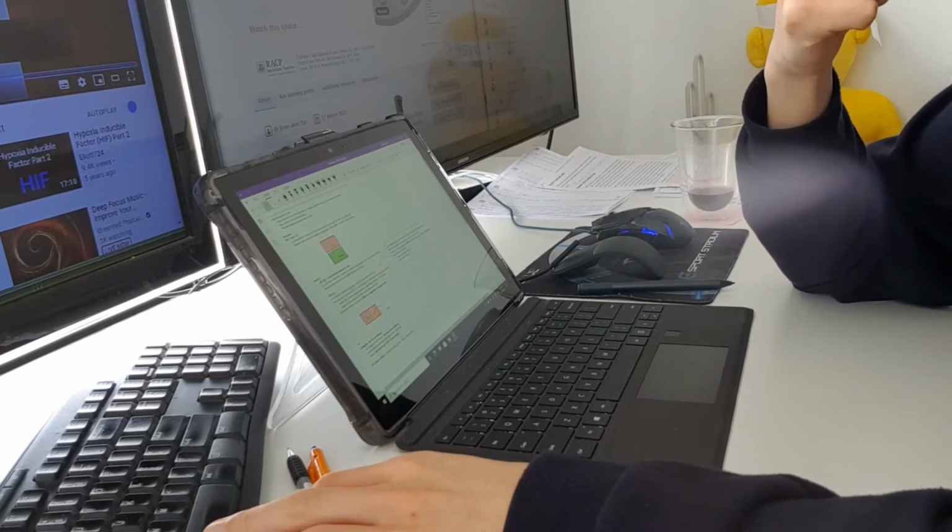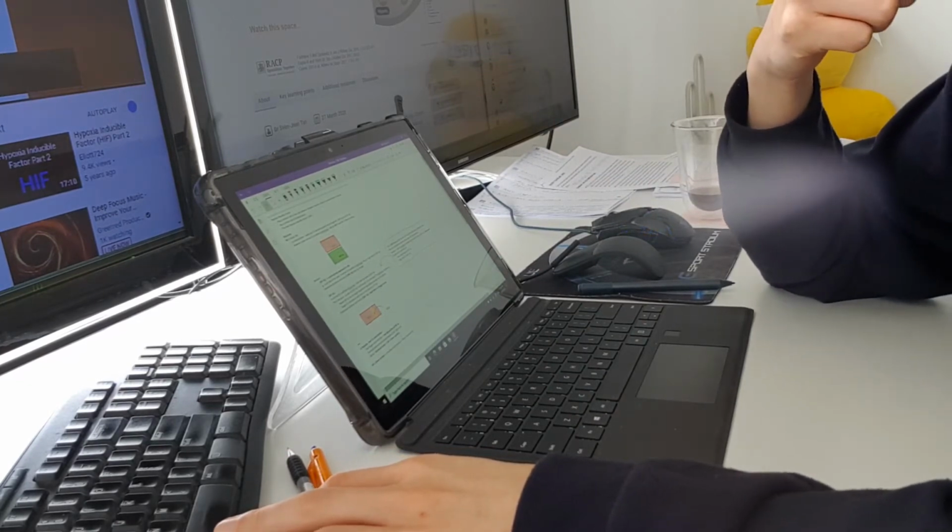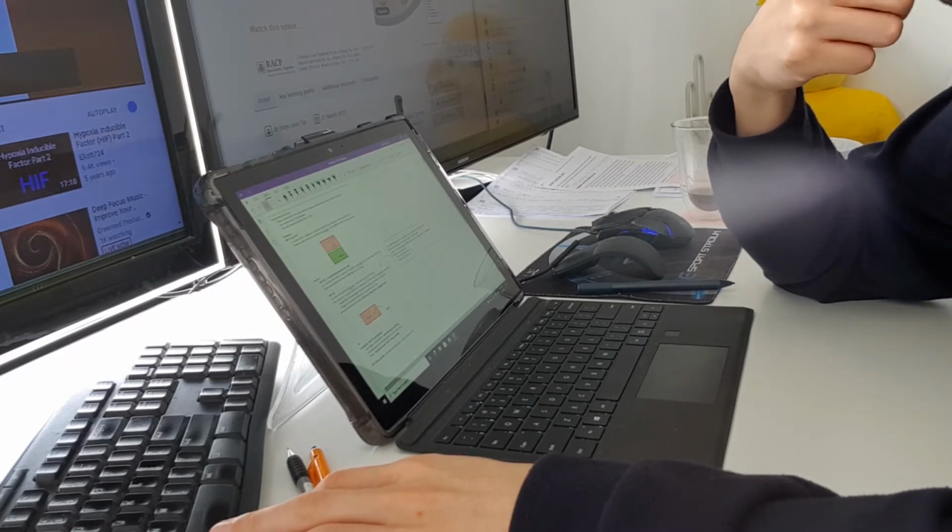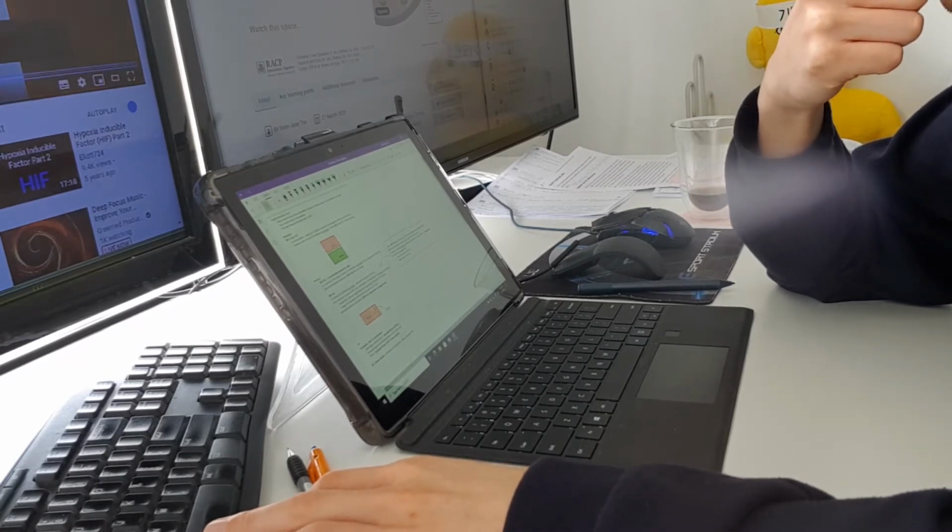You will destroy the hypoxia-inducible factor 1 alpha. When it's not present, you won't destroy it, and that's how we're going to respond and detect